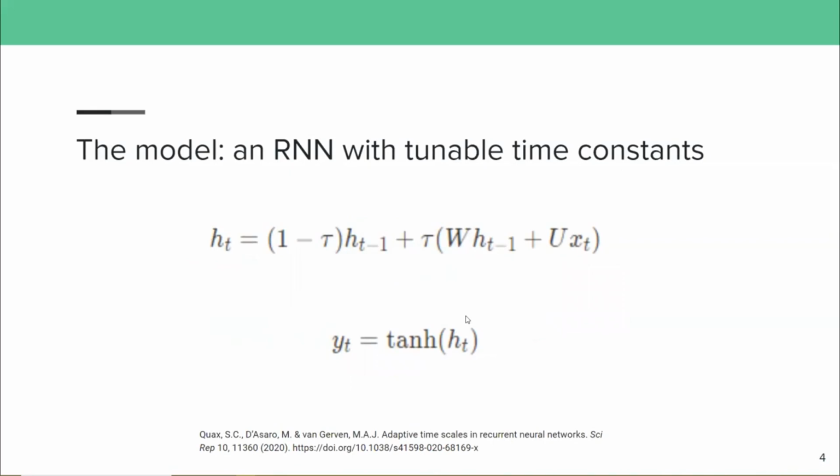To test this idea, I'm using a recurrent neural network that has a tunable time constant. The time constant ranges from 0 to 1 and represents the sensitivity of the neuron to input. A time constant near 0 represents a neuron that is slow to react to a stimulus, and a time constant of 1 represents a neuron that will instantly react to a stimulus. This way, we can design a network that is composed of two types of neurons, slow and fast.